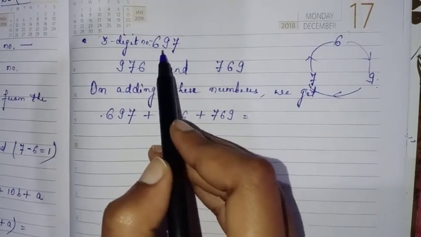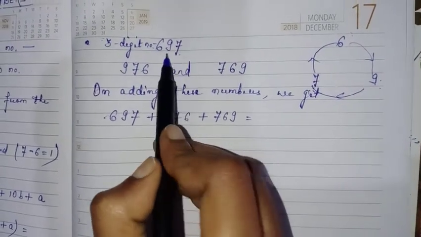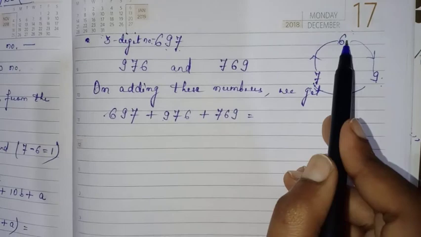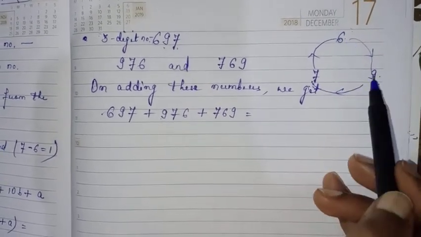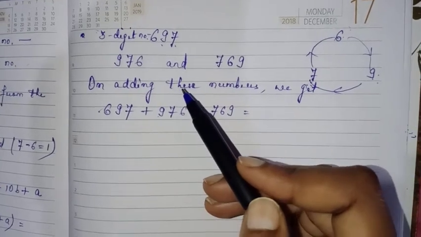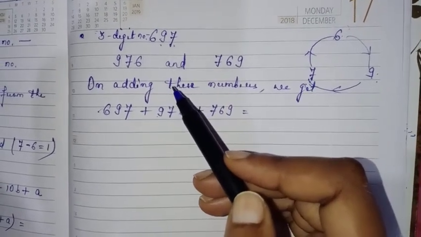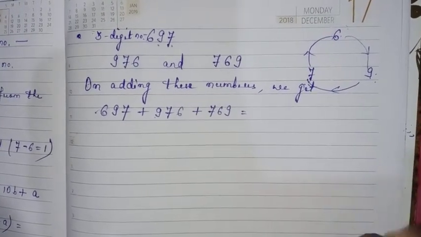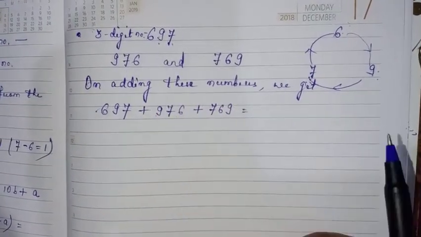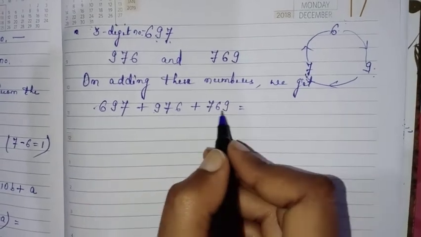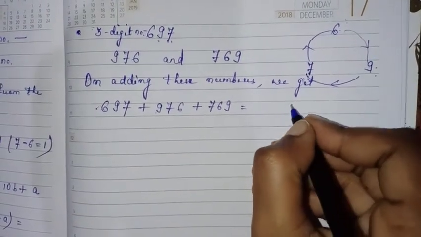See, 697 is there, so start from 9. So 9, 7 and 6. 9 completed, then start from 7: 769. So on changing the digits cyclically, you will get 2 new numbers. Now add these 3 numbers, and if you add them, you will get